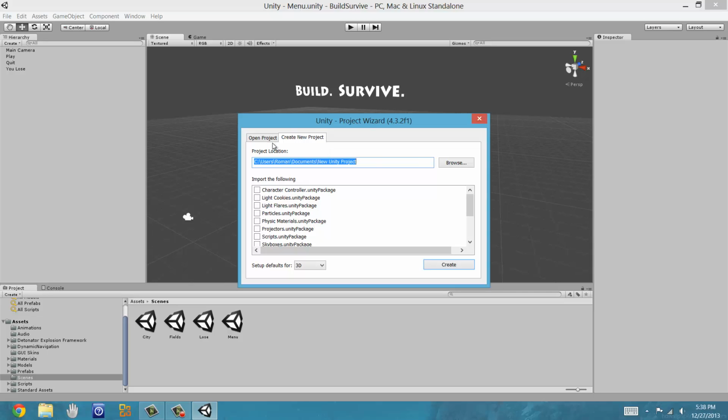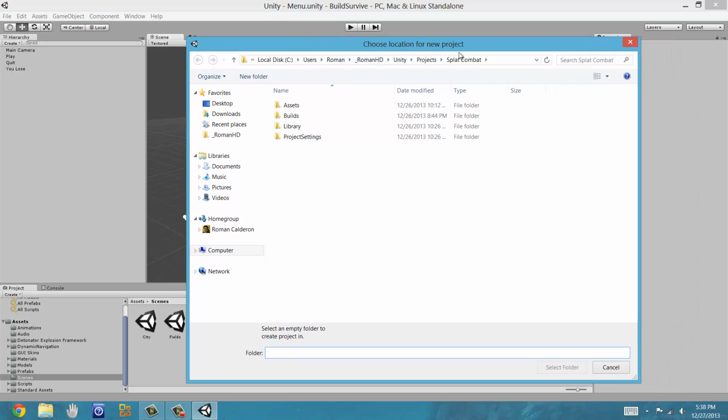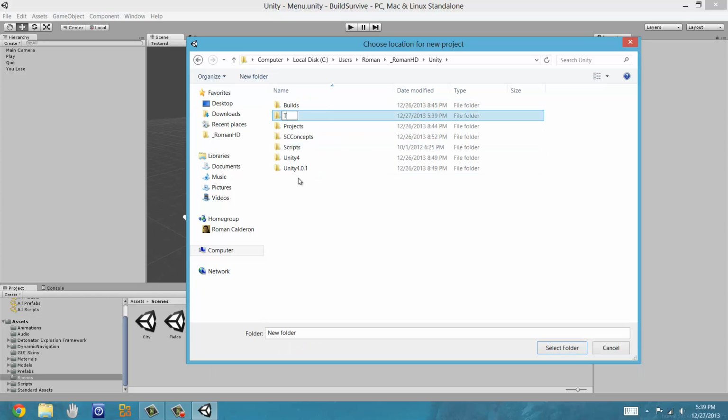So you're going to go ahead and do Create New Project, and we're going to save it, put it in a location. Where should we put it? Let's go ahead and put it in Unity projects. I'll just make a new folder called tutorials,